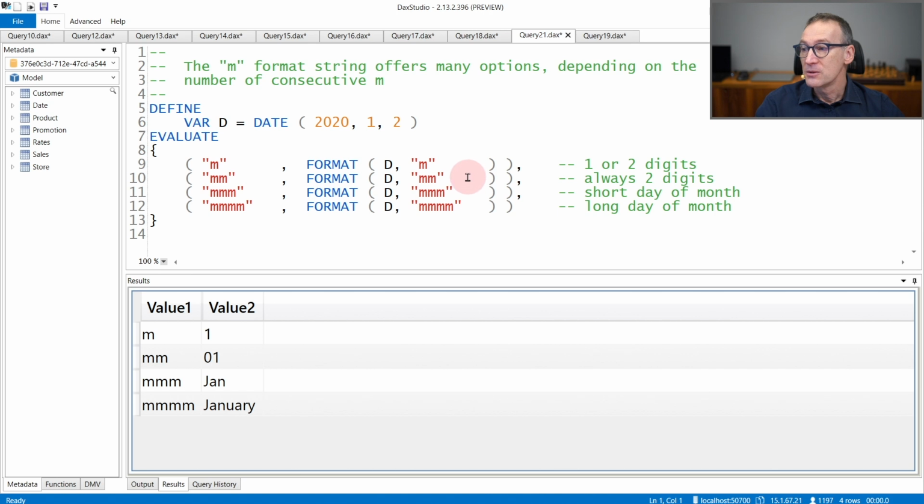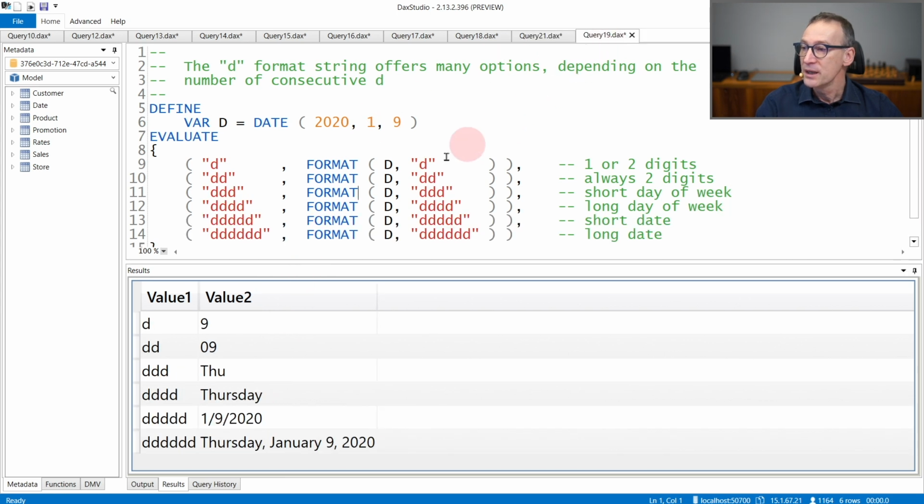We were speaking about the M format, which stands for month. M can have a lot of different meanings depending on how many Ms you put one beside the other. One single M represents the month with 1 or 2 digits. If you use MM, you will always have 2 digits, so 1 becomes 01, so that it always uses the same space. 3M goes for the short month name, and 4M goes for the long month name.